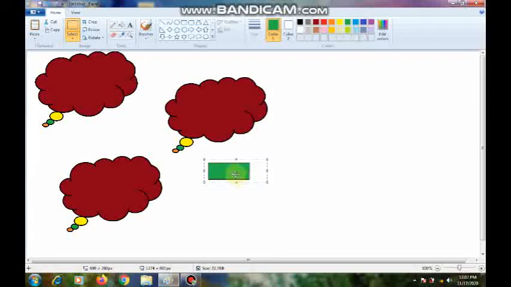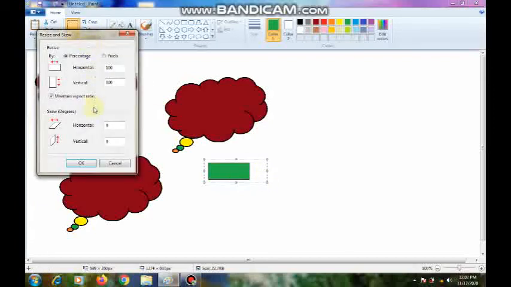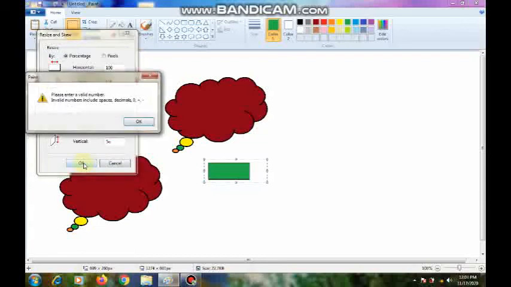So I want to skew this picture. Again, select this picture, go to resize and skew, and here you type 50. Here also 50 and click on OK. Please enter a valid number. Okay.